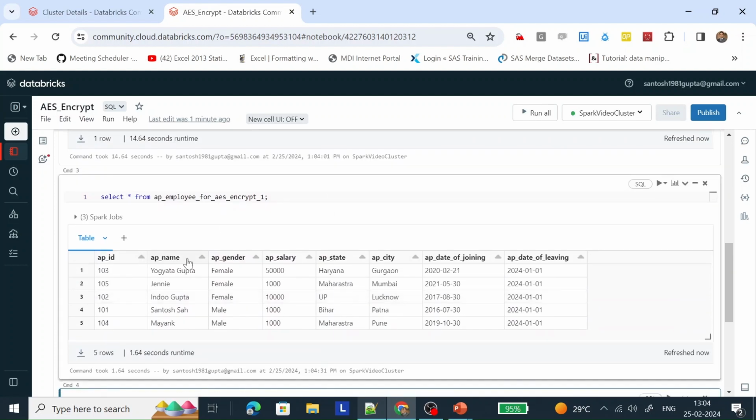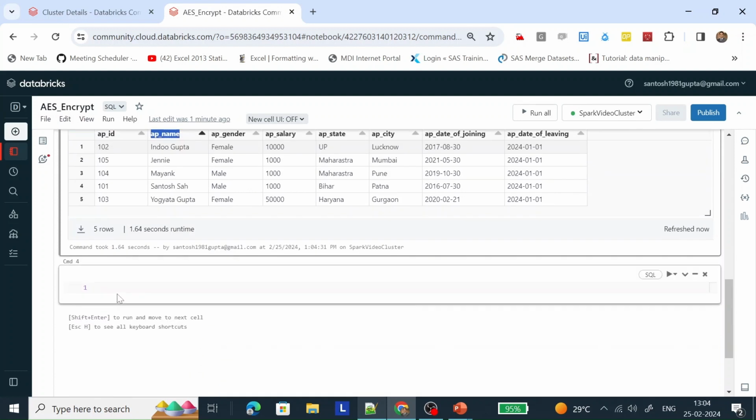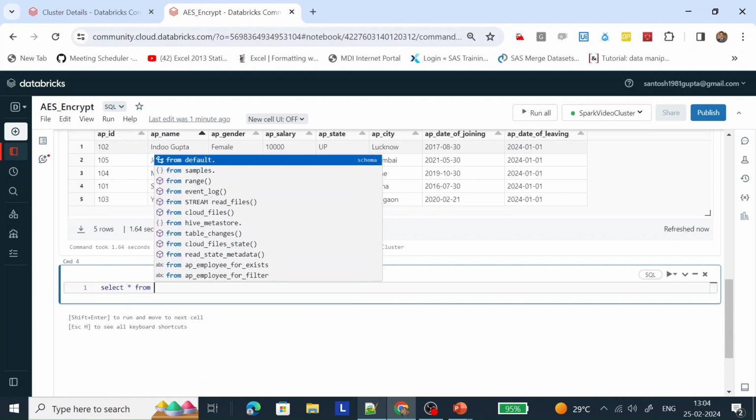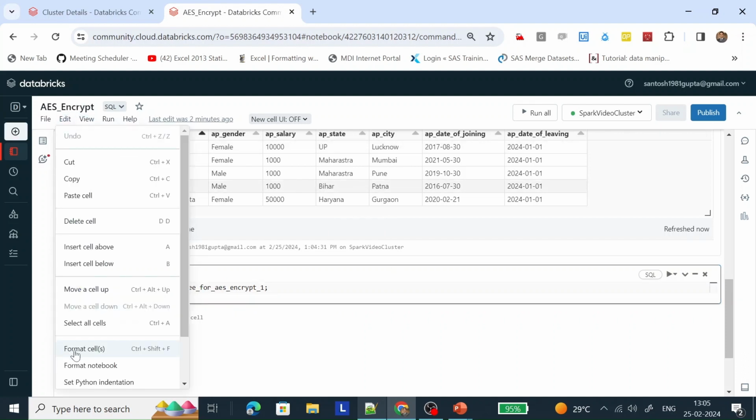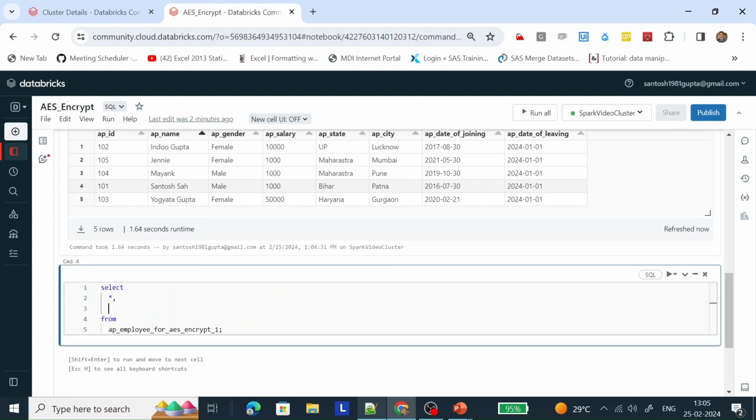So we can see this AP name is PII data. Name is visible. Let's encrypt this name with the help of the AES encrypt function. Let me format it so that the query will be more visible. Let me use AES encrypt. In AES encrypt, it is going to take a couple of arguments. First is the expression. So here we are taking this name, AP name,